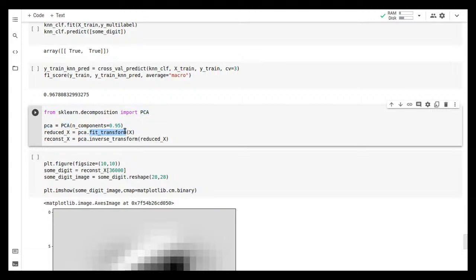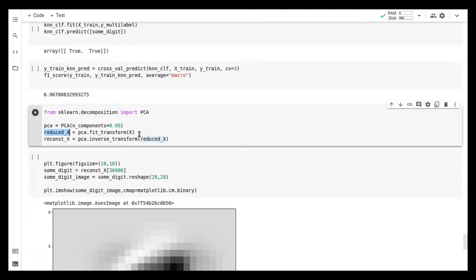And one of the main and important functions in scikit-learn is fit_transform. What it will do is fit the data and transform it right there, and it will return the transformed data,